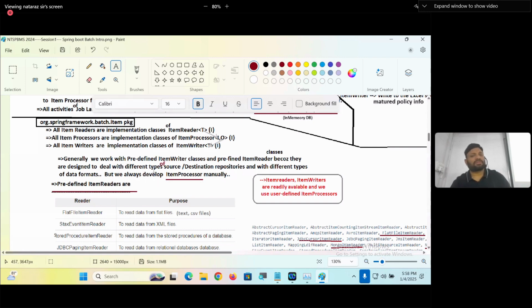Different types of source or destination repositories with different types of data format. But we always develop what? Item processor manually. We always try to develop item processor manually. Convinced, my dear? Most of the time we work with ready-made item processor because